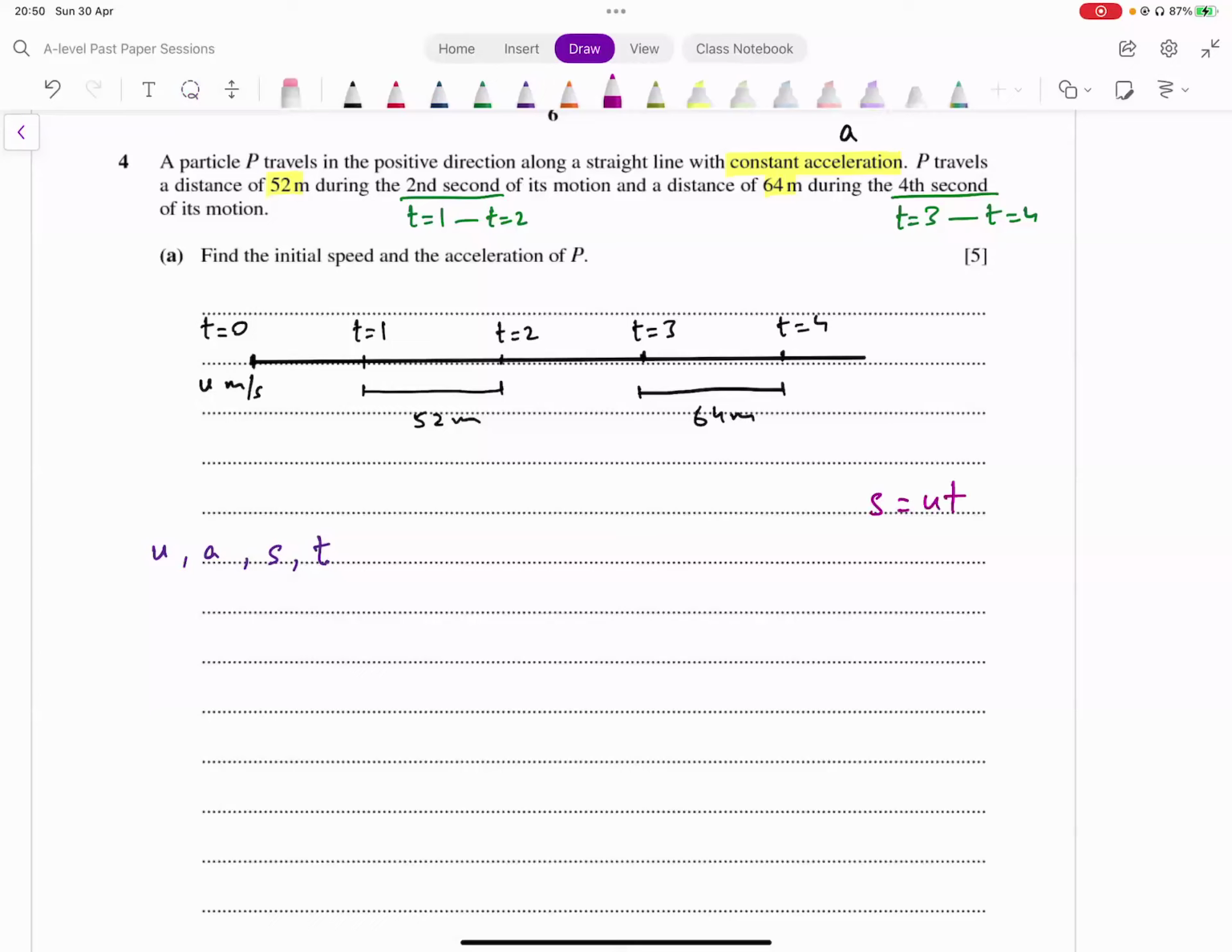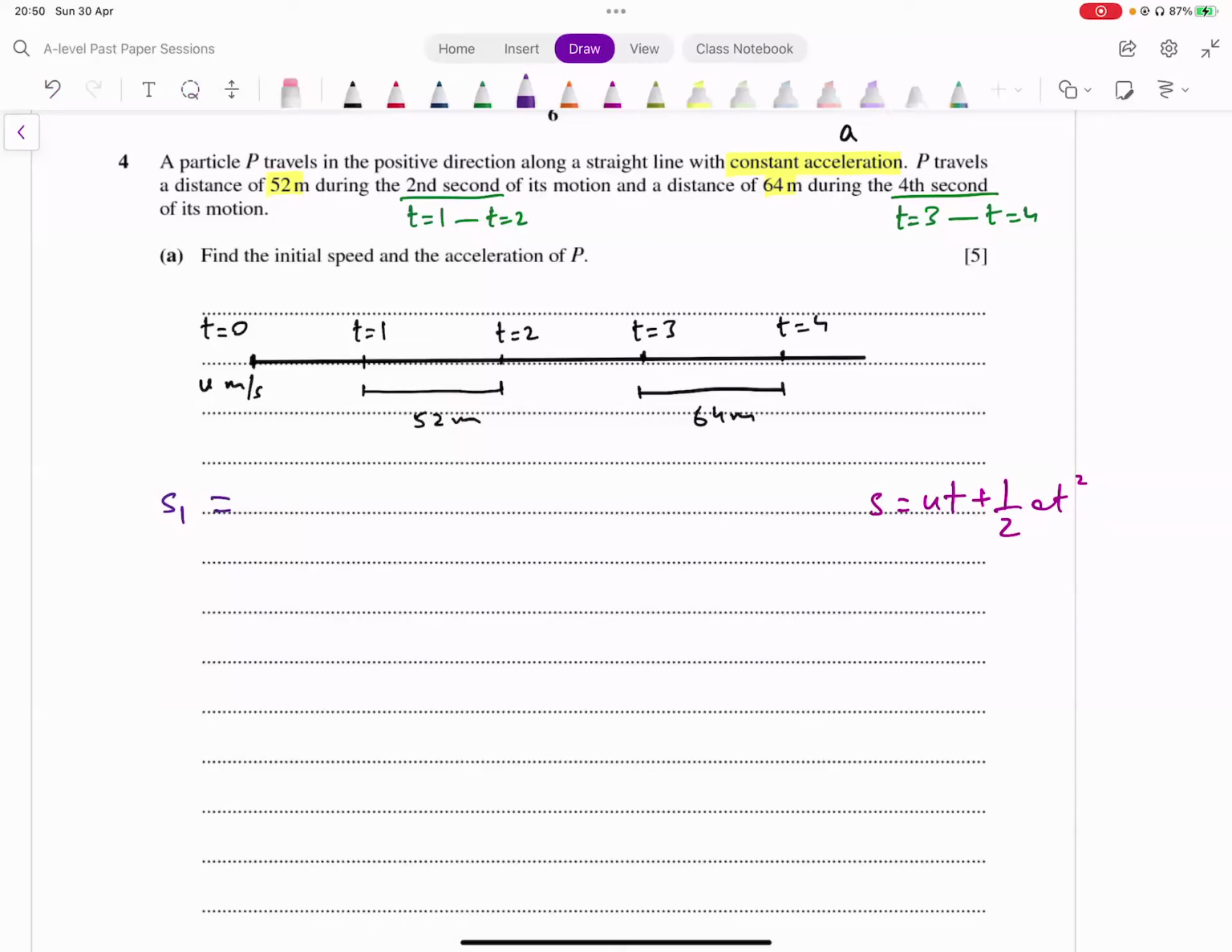S equals ut plus half at square. This is what I'm going to be using. Now, सबसे पहले let's make an equation using this first piece of information, जो 52 meters दिया हुआ है। हम कहते हैं कि अच्छा 2 seconds तक जो डिस्टेंस ट्रैवल किया उसमें से माइनस कर दें 1 सेकंड तक जो डिस्टेंस ट्रैवल किया, लेट्स कॉल दिस S1, डिस्टेंस 1।